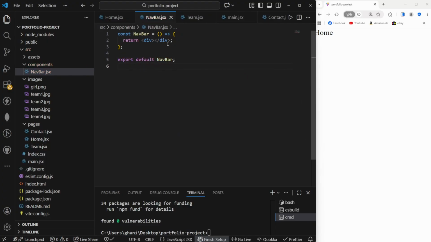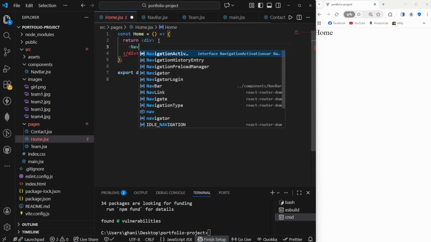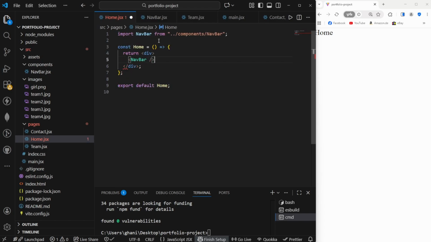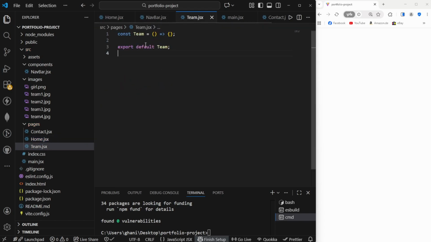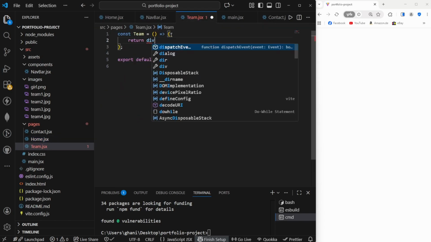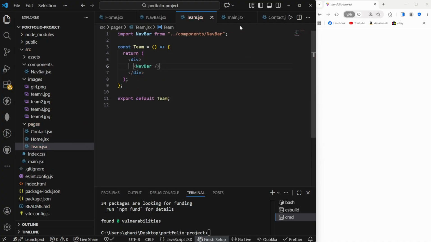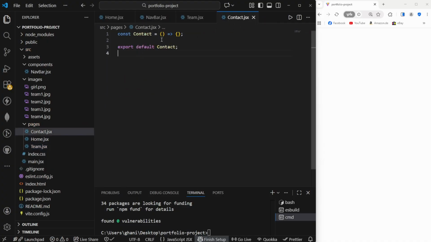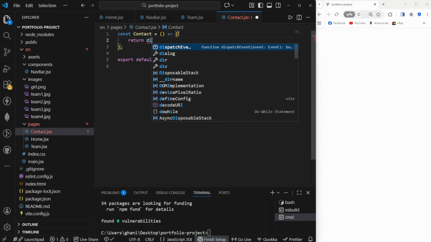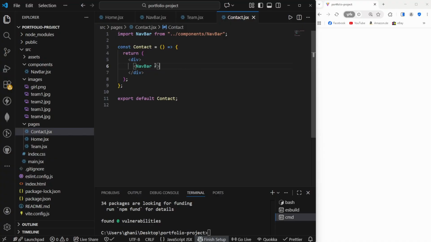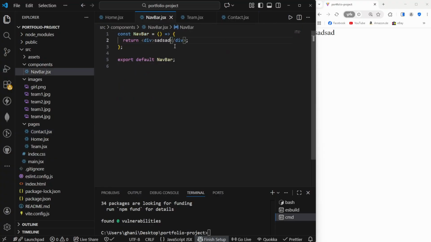And now let's import this navbar on our home page. So instead of home, let's output our navbar, like so. We need to import that one. Same goes for our team page, so let's return a div, and inside of this div we are having our navbar, like so. And again, the same goes for contact. So we'll return a div, and inside of this div we also have our navbar, like so. So now we reuse this navbar on every single page, and now we can, for example, output something right here,